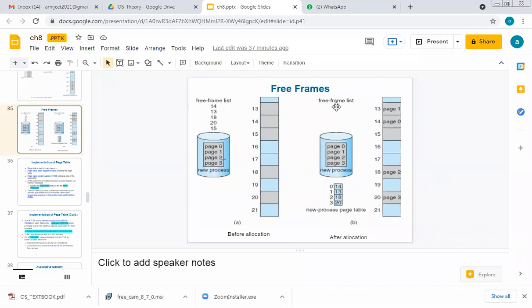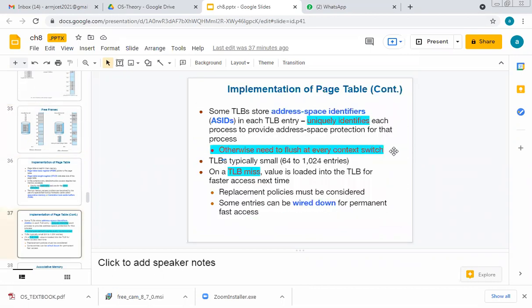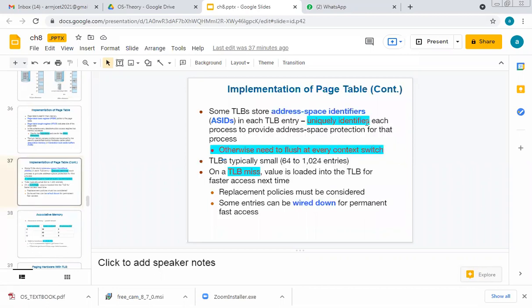That means take out. Again, I have to give on the 0th page, first page, second and third. That makes a waste of time. So if we don't maintain unique identification for addresses, we have to flush at every context switch. If we flush, the performance of the operating system is affected, that means it reduces, because it invests time only in allocation. Process execution will be delayed because of continuously changing seat arrangement. Okay, so that is the case.